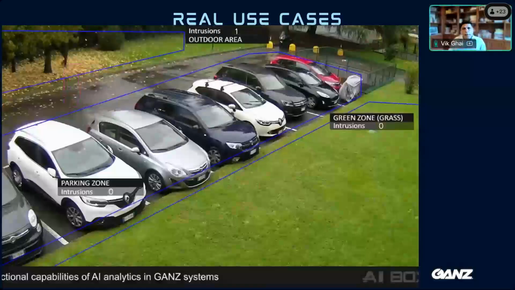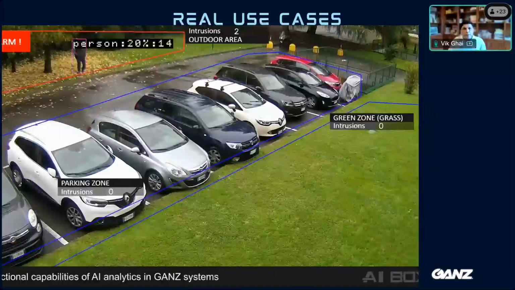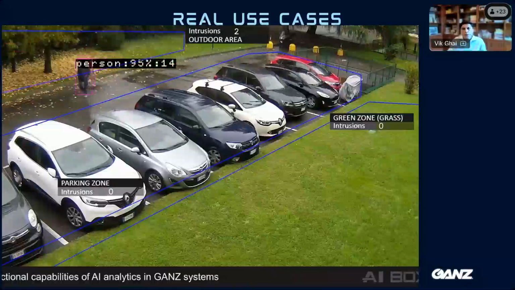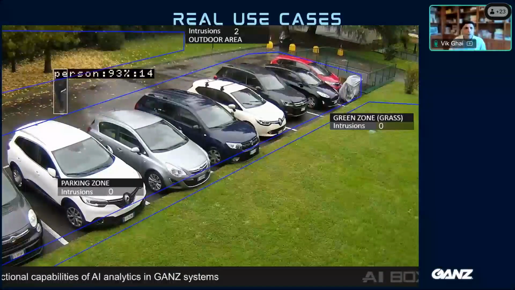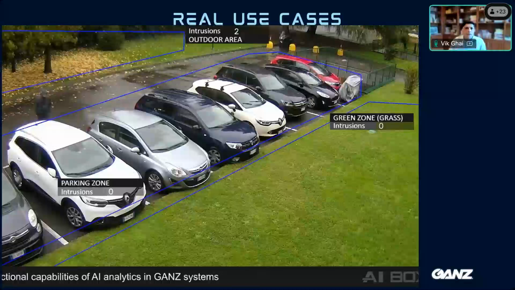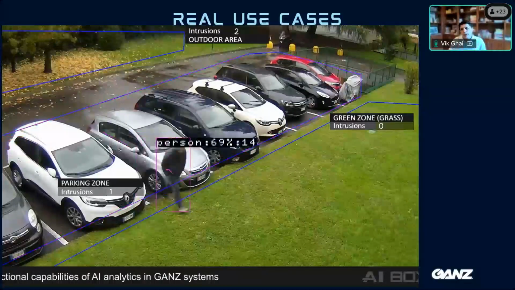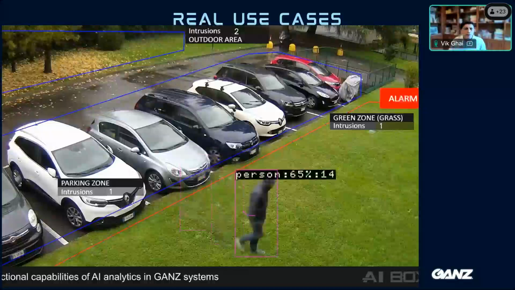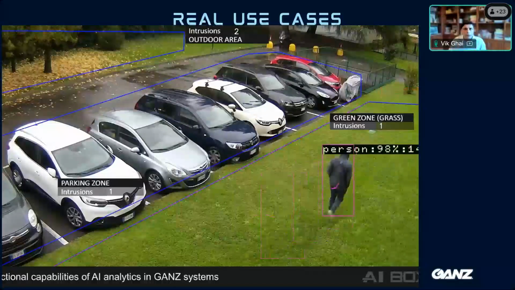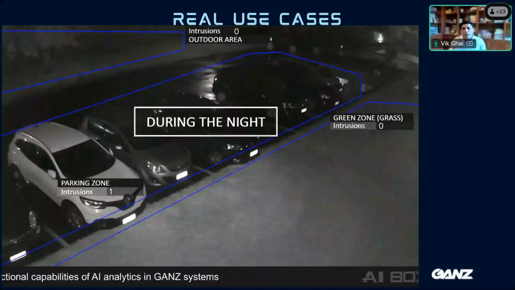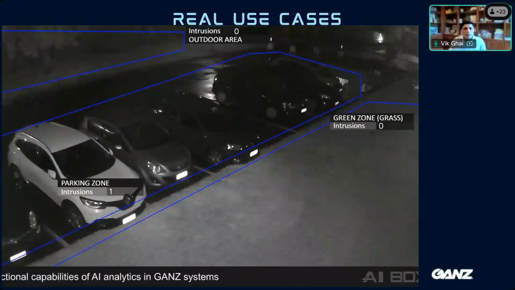Now watch the AI box in action here as it proactively monitors for intrusion. The video demonstrates how the AI accurately detects a person, then detects a person entering a restricted area and triggers the alarm only when necessary. Once the AI box detects an intrusion, it triggers an alarm, and in this case, plays an audio recording using a secondary device. The person steps back and no further action is needed. This shows how the system can detect minor infractions and resolve them without causing unnecessary alarms.